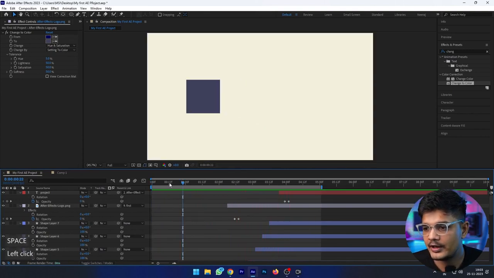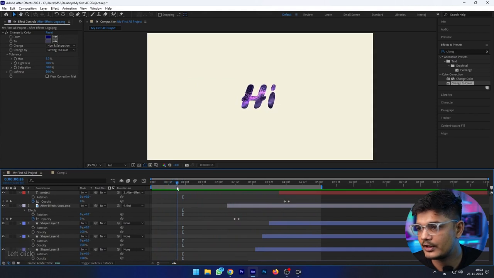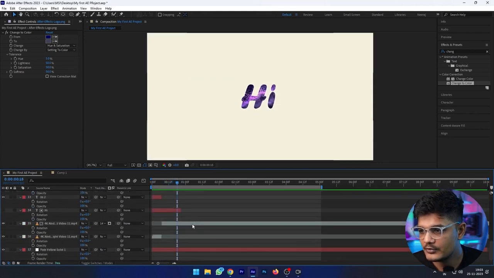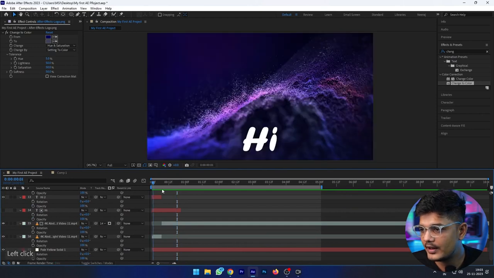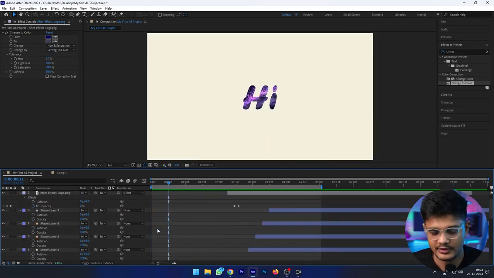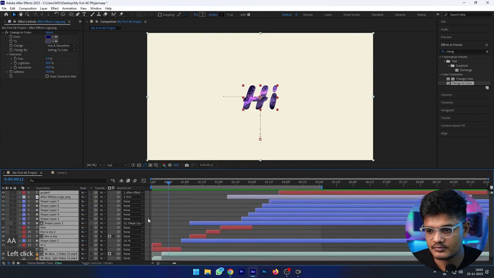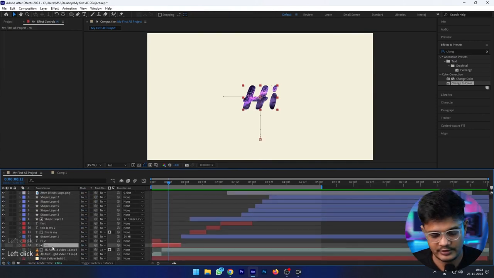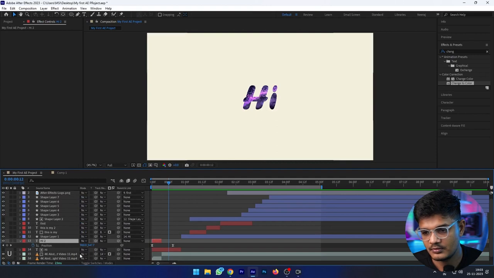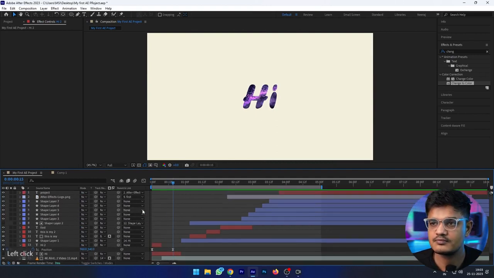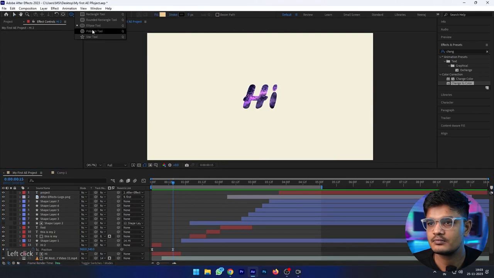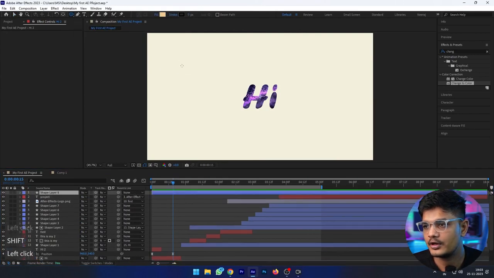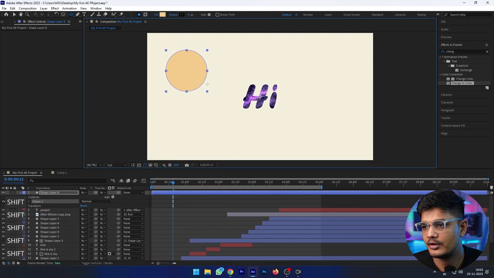But now we'll add some more things. Here, with this high layer coming up, we can add some shapes. Like at this point, I can add this shape.